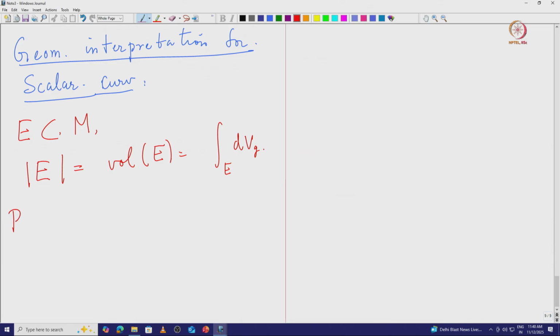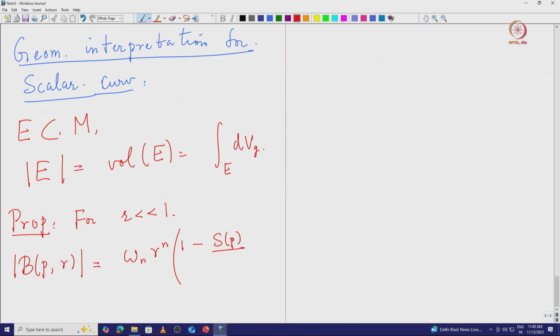So then the proposition is the following: if you look at the geodesic ball of radius r and compute its volume for r small, this is going to have the following form. It is going to be omega n r to the n times some correction, 1 minus the scalar curvature at p by 6 times n plus 2, times r squared, plus some higher order correction,